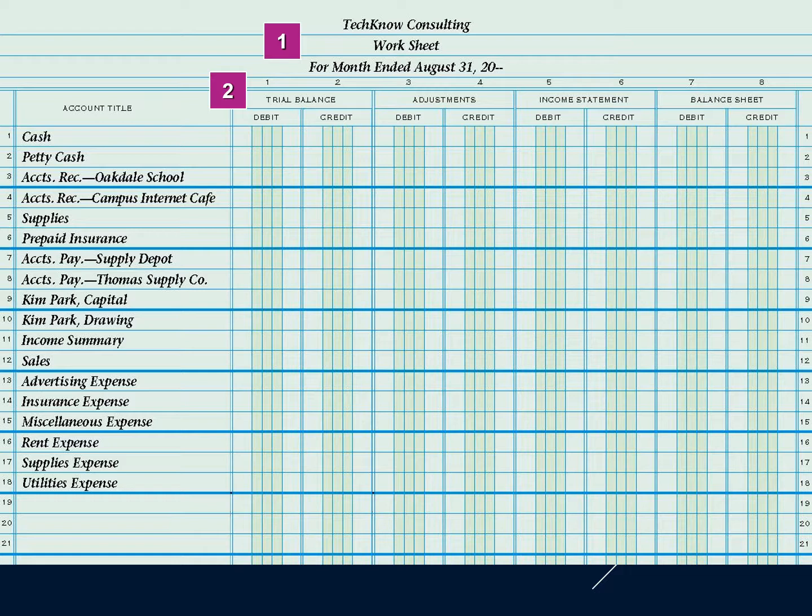Here is an example of how you complete the worksheet. You do step 1, step 2,